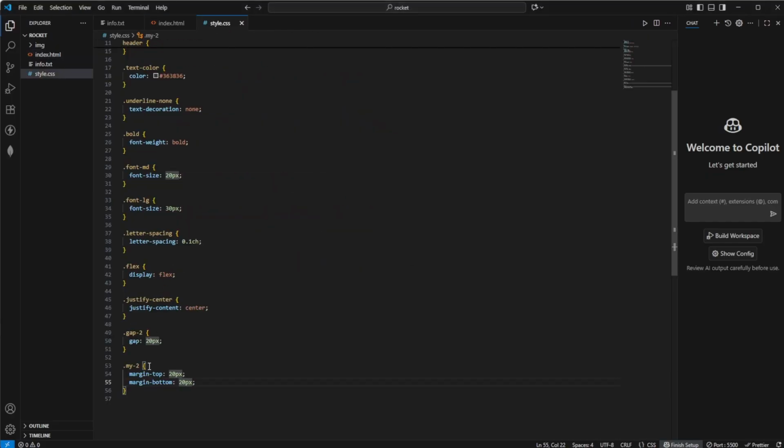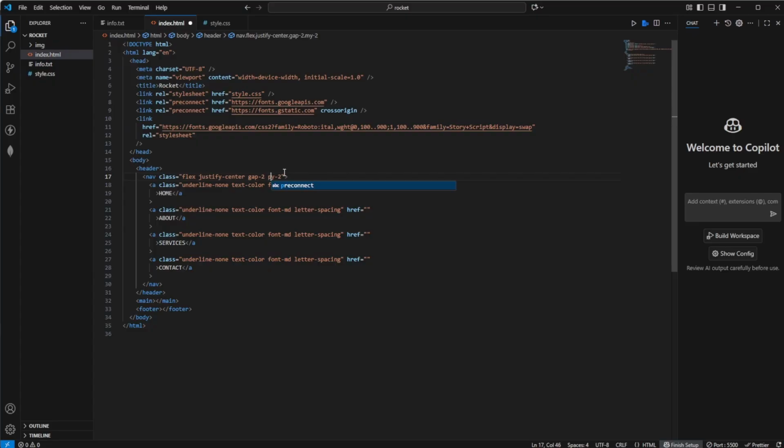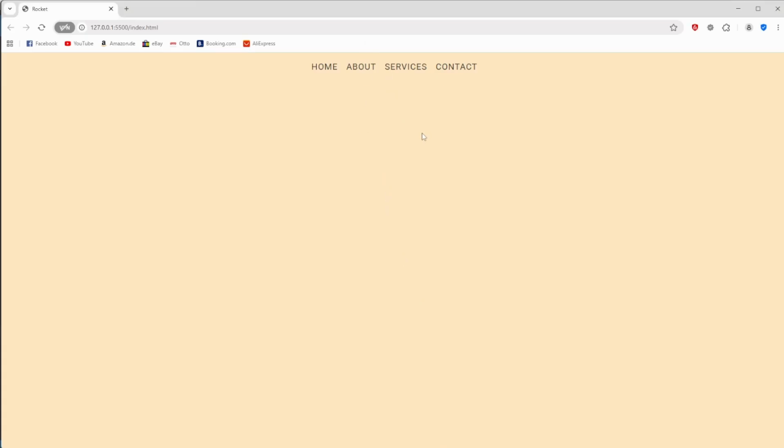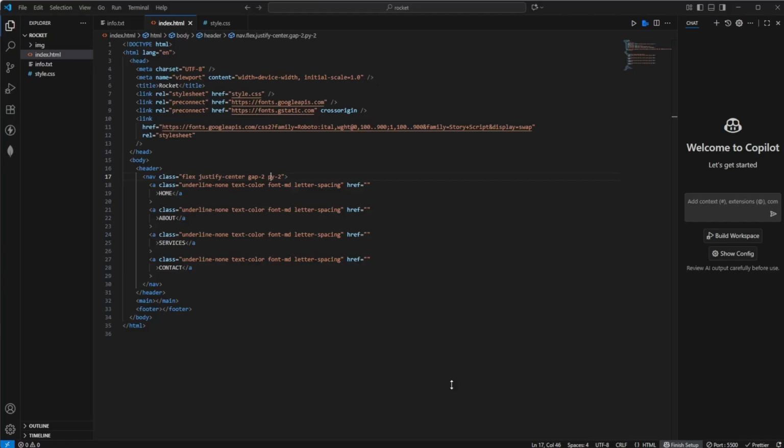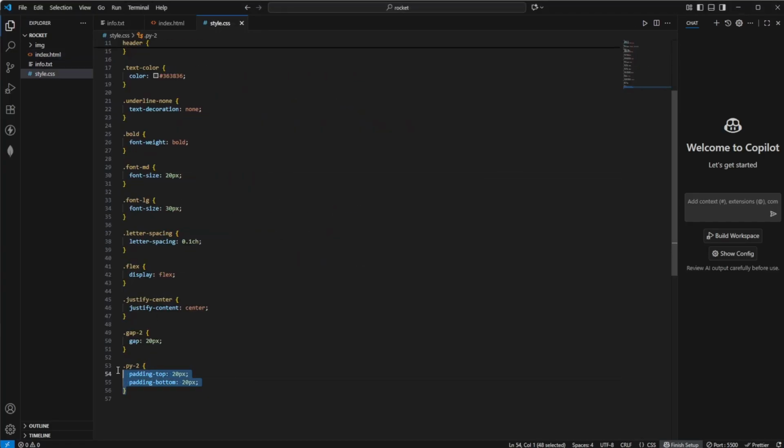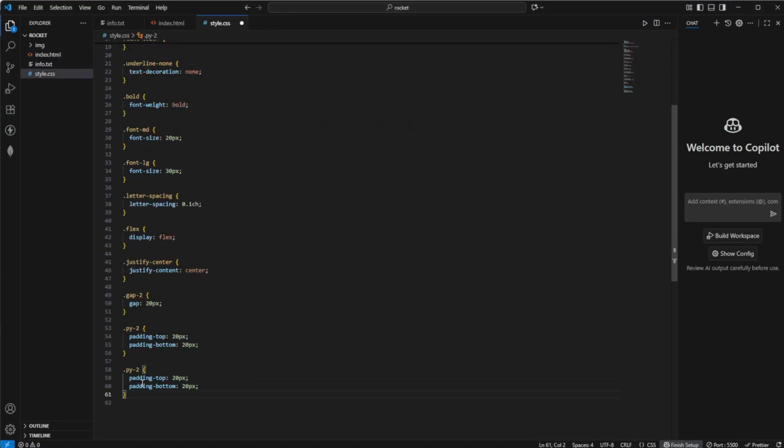And this should probably be padding instead of margin. That was my bad. So we're going to use padding right here and padding bottom as well. And now we're going to replace my with py, and we should get this effect. And this already looks a little bit better. Maybe there's still not enough space, so I'm probably even going to try P3